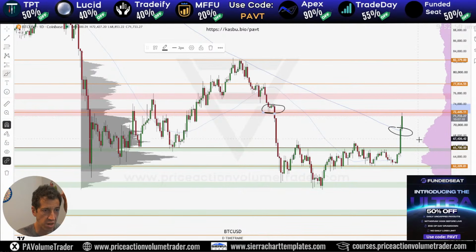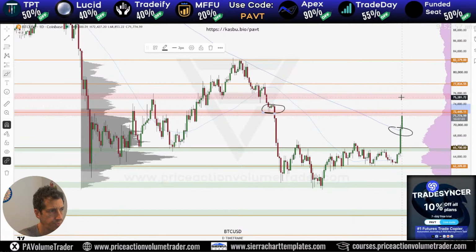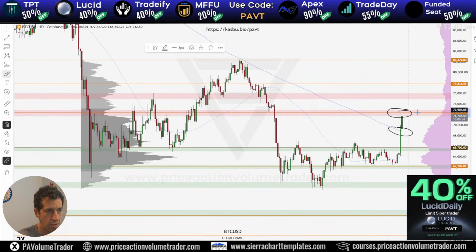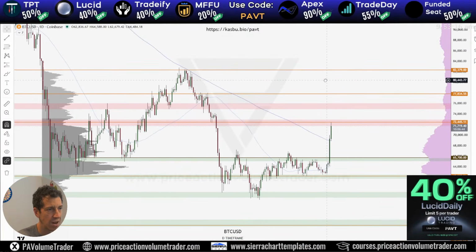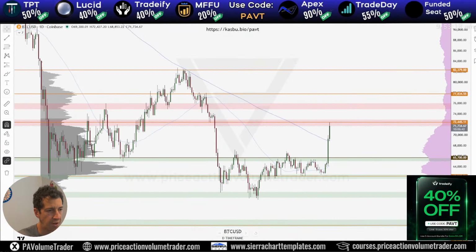Basically the lows here, 72,445 was a huge daily level, and that was the start of this entire breakdown back in June, and we've now filled back up to the top edge of the node. So the question is now, can we get the follow through? Pretty much we have all the zones delineated here.